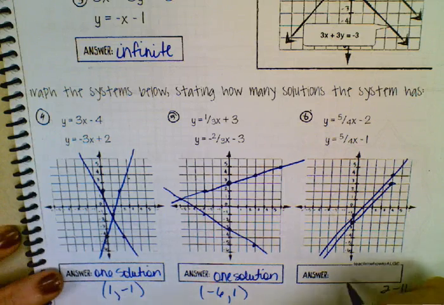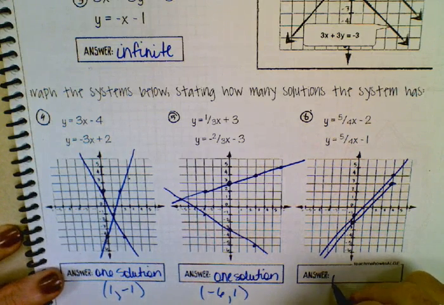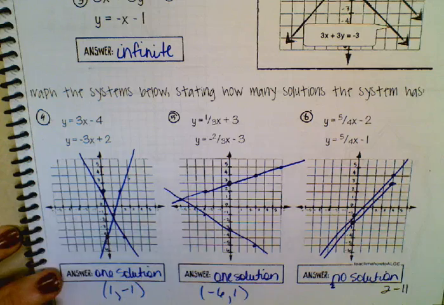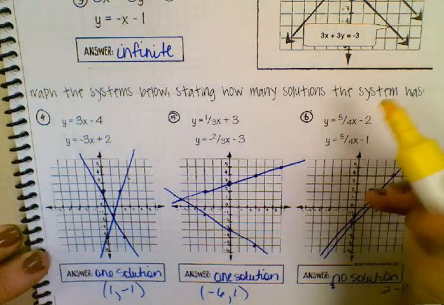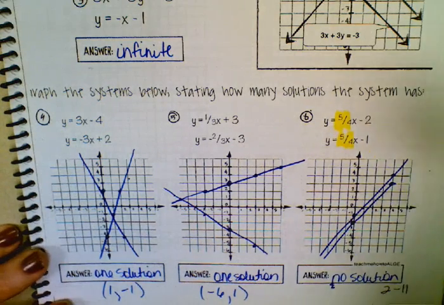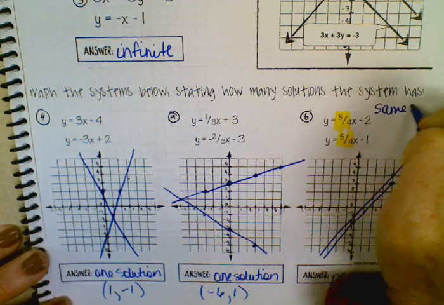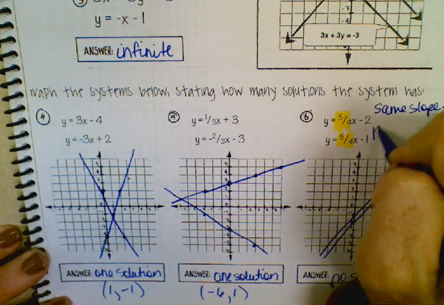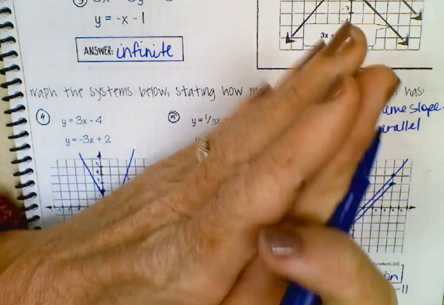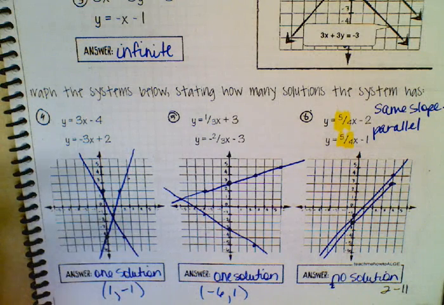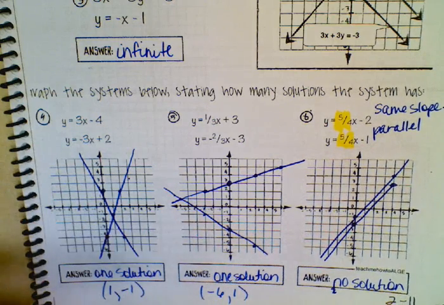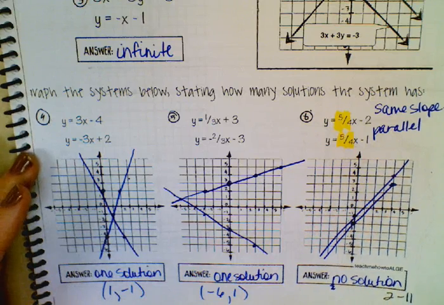Okay. Those are parallel lines. Parallel lines we know will never touch. They run alongside each other but never cross. They have no solution. So I want you to think about the similarities I see, and that both of these equations have the same slope. If they have the same slope, they will be parallel lines, because that means they have the same steepness. They lean at the same angle, right? They're running exactly the same rate of change. Okay, good. So we'll do a lot more practice on graphing in class,